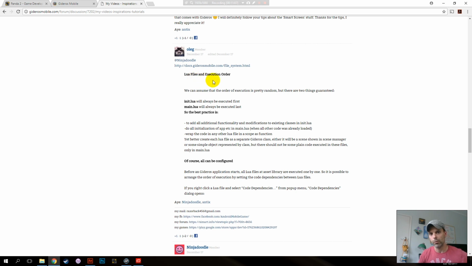Lua files and execution order. We can assume that the order of execution of files is pretty random, but there are two things guaranteed. Init.lua will always be executed first. This is just any settings your entire program or game needs to know before stuff gets loaded, and main.lua will be